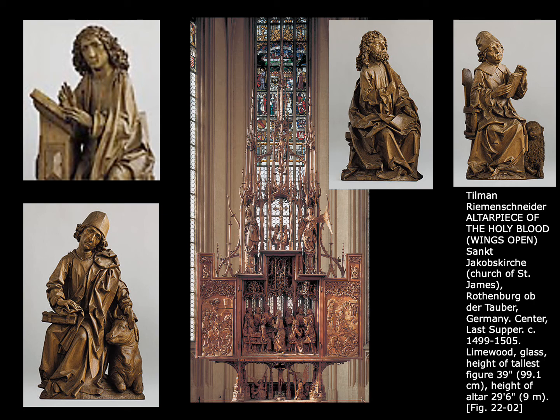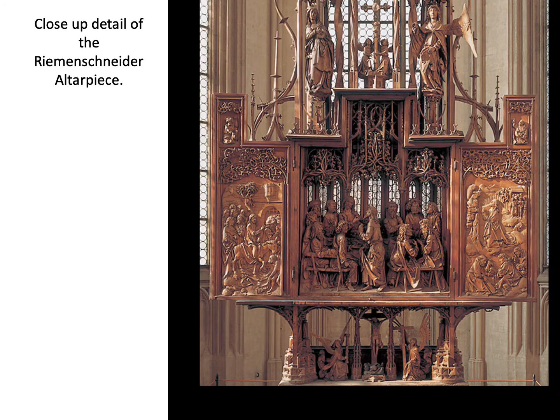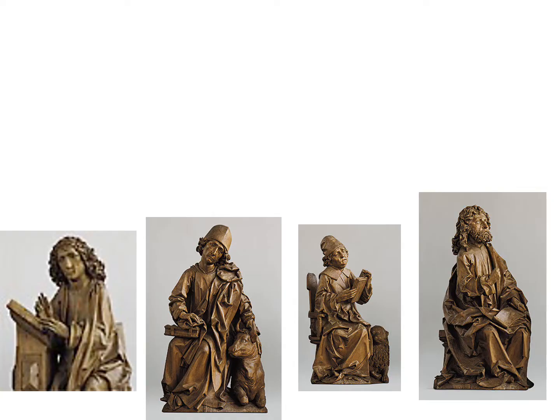So take a good look at those, look at how detailed they are. Notice that they're just as detailed as the paintings that we've seen come out of Northern Europe. Here you see a close-up detail of the corpus. It's that central box and the predella, the box at the bottom. This close-up shows you the set of figures that were carved for the corpus.